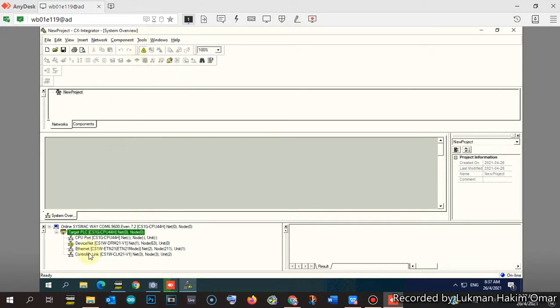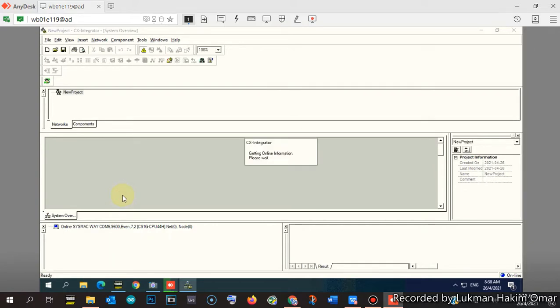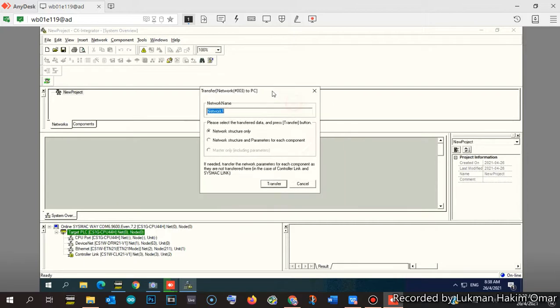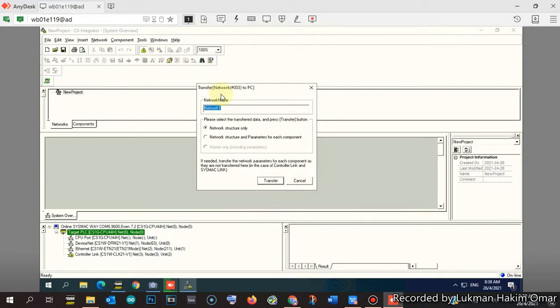Now we go to control link, because as you can see here, the DeviceNet is online. There is a small yellow symbol that shows the DeviceNet is online. So we want to put the control link online, so we select connect. The CX-Integrator will try to read the network. It will start with node number 3.